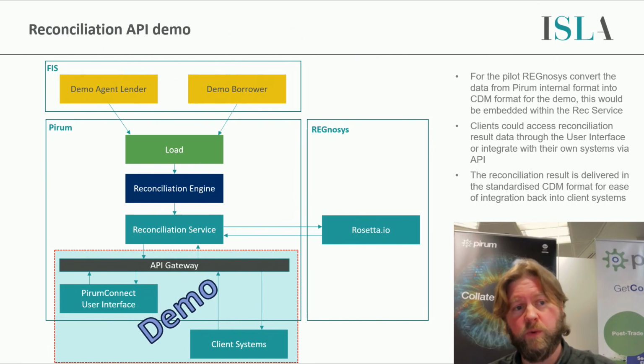So CDM itself does need further work with the industry to map all the characteristics of stock, loan and repo trades. That's something that needs to be completed. Industry-wide adoption and agreement is required to gain the benefits, so it won't work if counterparties are not conforming. And an appetite for investment into standardization is required to get the benefits that we're looking for here. And as Lewis touched on very briefly, and as we spoke about in the pilot group, the size of the message payload currently for one trade is quite large, and if you scale that up by thousands or tens of thousands of trades, it's going to be quite verbose. So we need to look at the performance of how we communicate that trade data.